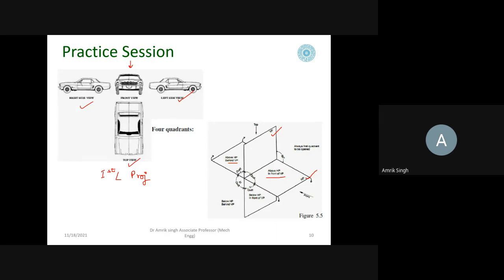This is below the horizontal plane and in front of the vertical plane. And here it is below the horizontal plane and behind the vertical plane. So this is the first quadrant, this is the second quadrant, this is the third quadrant.